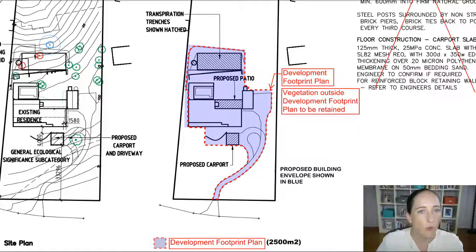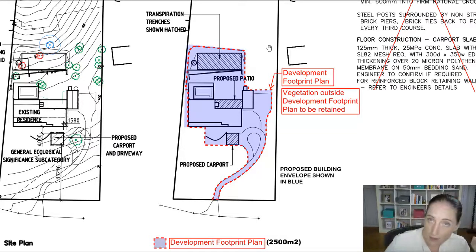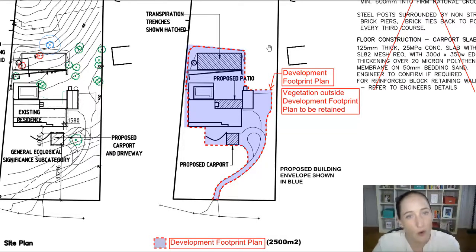And let's go back to a more crazy sort of example. This one here, how do you know where that curve is? It becomes a bit messy. Whereas if you have a stock standard rectangle that's, let's say, 5 meters off the front boundary, 2 meters off the side boundary, 50 meters off the rear boundary, it becomes really easy to work out where you're allowed to build within. Whereas when you're stuck in these messy shapes, it becomes hard to work out on site. So yes, you can go crazy, but try not to go too crazy.